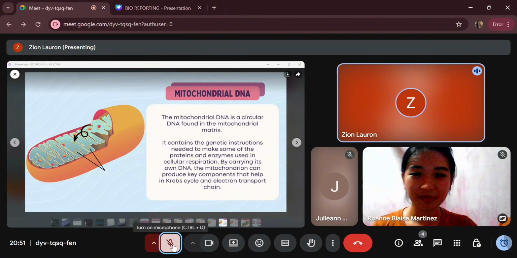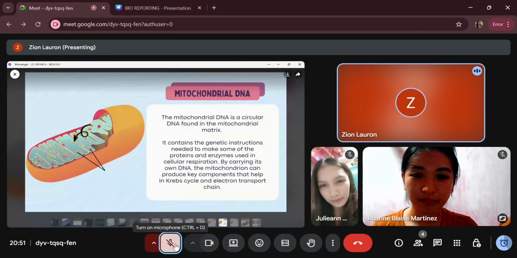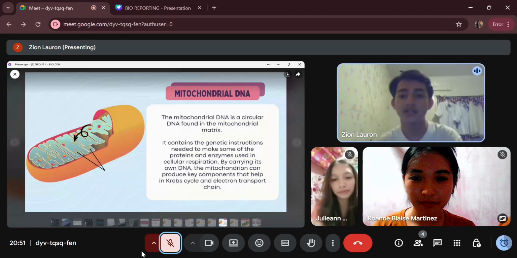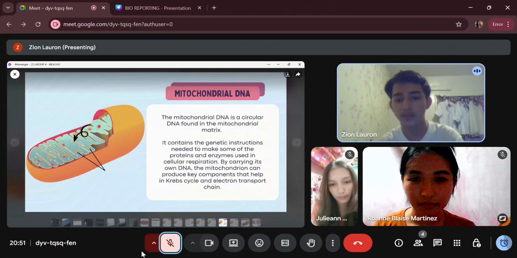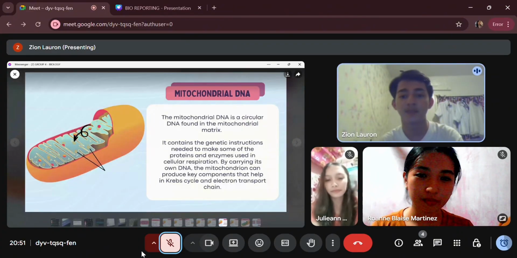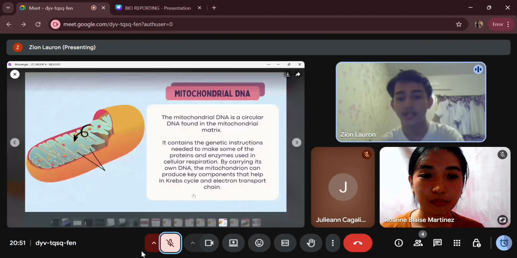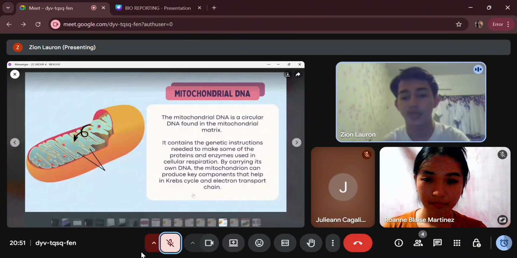Mitochondrial DNA. The mitochondrial DNA is a circular DNA found in the mitochondrial matrix. It contains the genetic instructions needed to make some of the proteins and enzymes used in cellular respiration. By carrying its own DNA, the mitochondrion can produce key proteins that help in the Krebs cycle and electron transport chain. So the